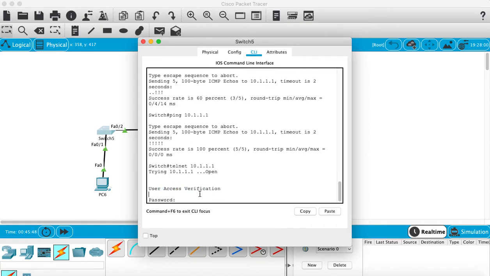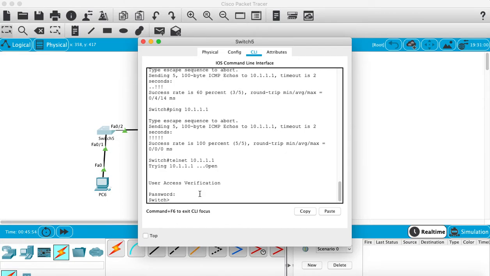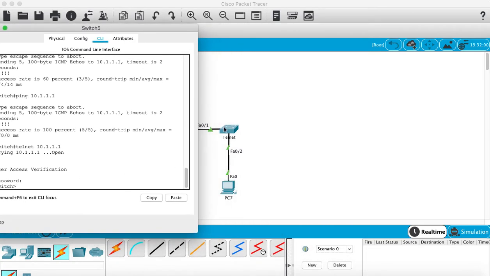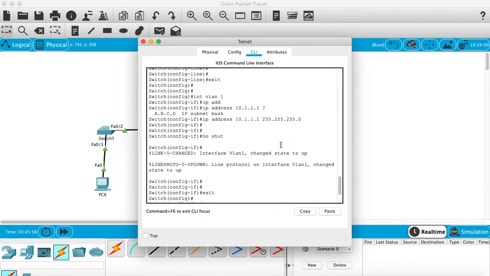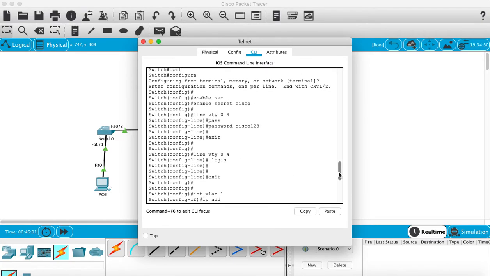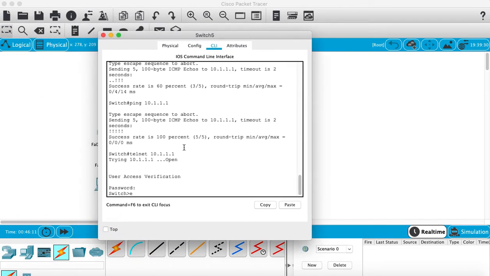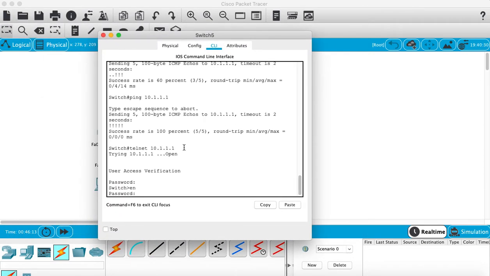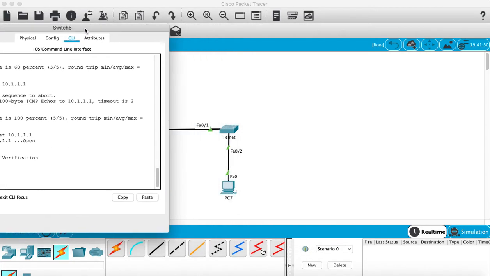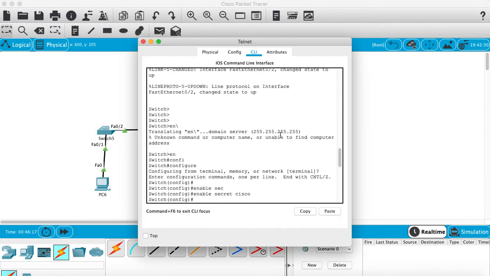When I log in here, I need to type Cisco123 because there I wrote Cisco123. See here, line VTY 0 4. So when you enter first, you type the password Cisco123. But after, when you enable, you type Cisco because on that switch we wrote